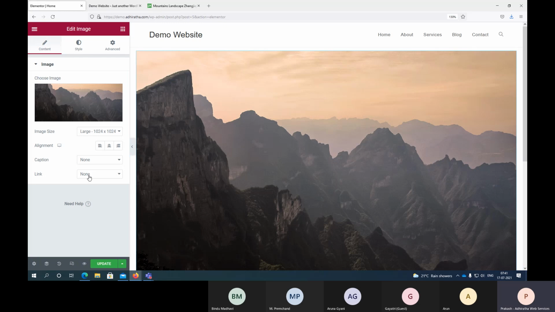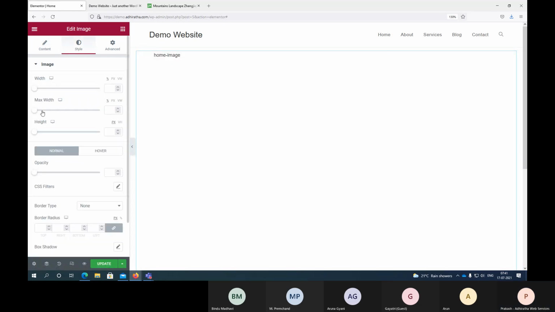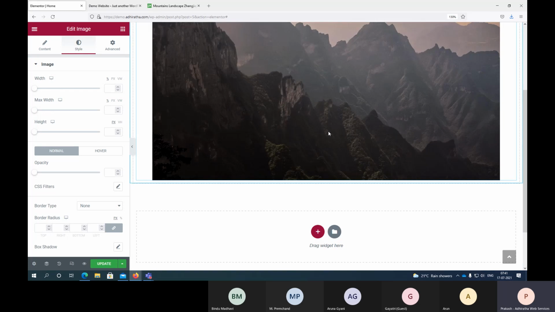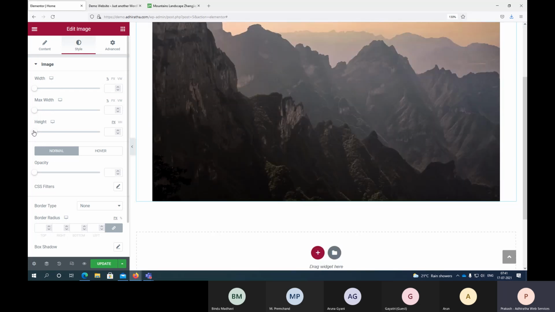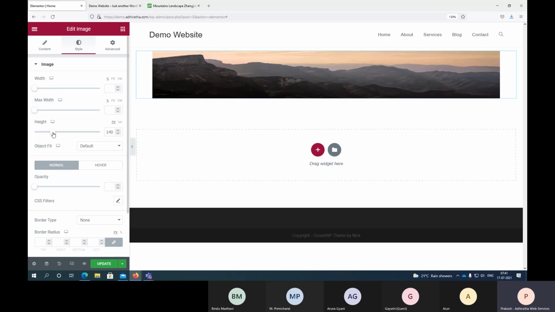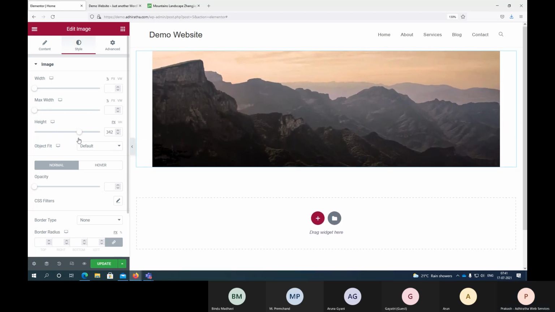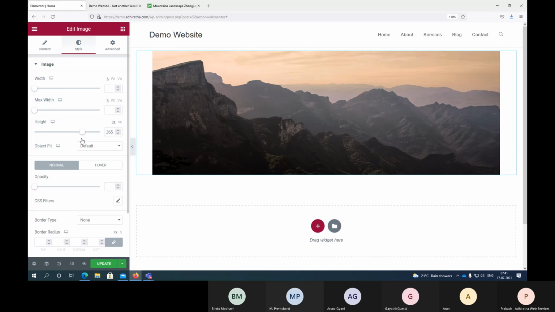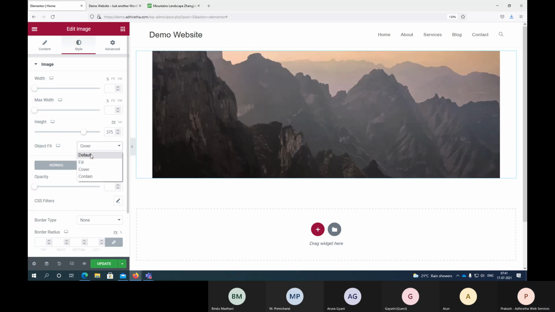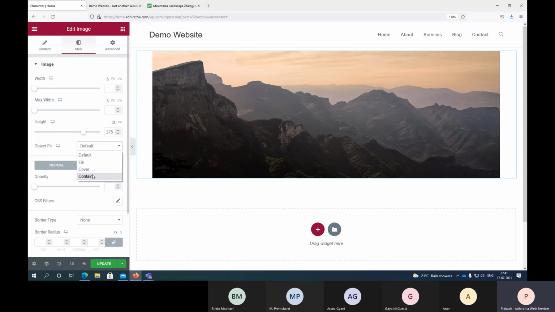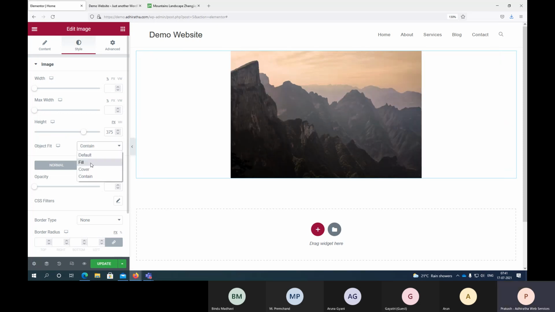Now what else can we do? Height. So we don't want this too much height. I mean, it can be fine, but I don't want that complete thing. So I can actually adjust my height. The default is contain, right?